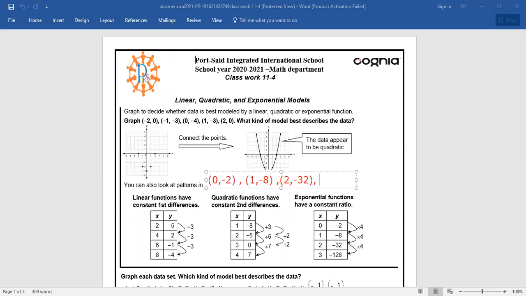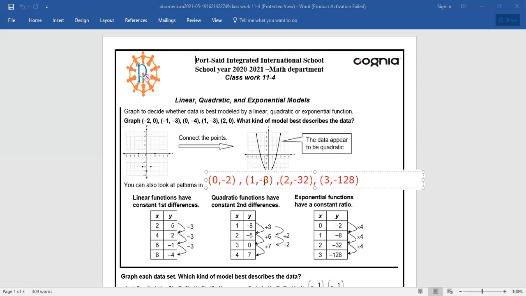The fourth ordered pair is 3 and negative 128. Okay, so this group of ordered pairs, we said that this one is an exponential function, right? How will we prove that this one is an exponential function? We will divide negative 128 by negative 32. Very good, Johanna. Yes, we will divide negative 128 by negative 32,